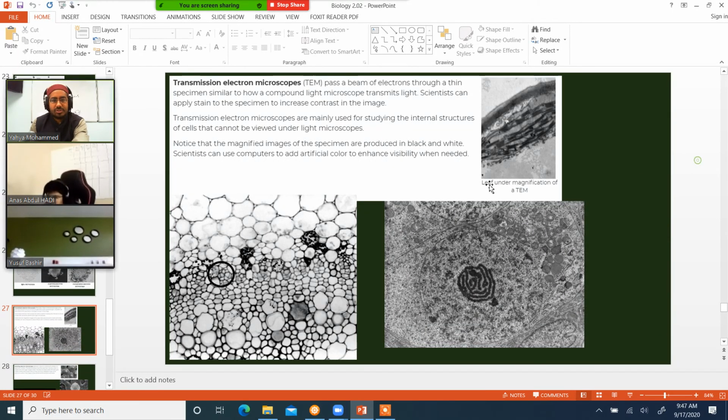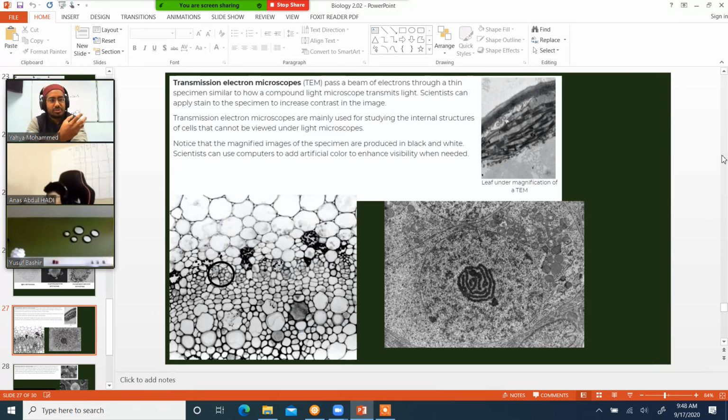All right. So this is the transmission electron microscope. Again, these are some different pictures. In these images, you're always going to see black and white. You're never going to get color pictures. You might color it later with a computer program and stuff like that. So if you see electron microscope images with colors, that's something they've done later on. That's not the actual picture that they got.